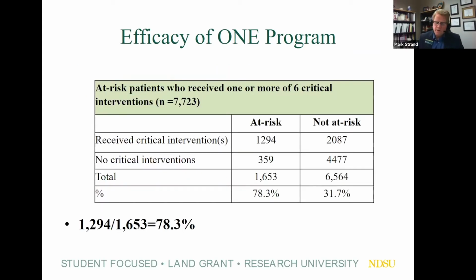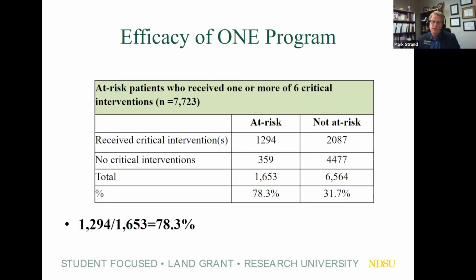And so here are the results of that finding. First, look at the column. The individuals identified as at risk of high opioid misuse would be 1,653 individuals, and 6,564 were not at risk. Of those who are at risk, 78.3% received one or more of those critical interventions. So that's where we evaluated the efficacy,